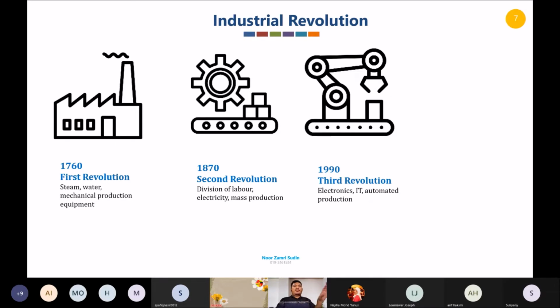As you can see from the first revolution until the fourth revolution, there is less human work at the factory. In the beginning there were a lot of people, and they introduced division of labor, so a lot of people worked as operators in industry to assemble things. In the third revolution, there are fewer people on the manufacturing line because they already replaced humans with robotics. How about the fourth industrial revolution?